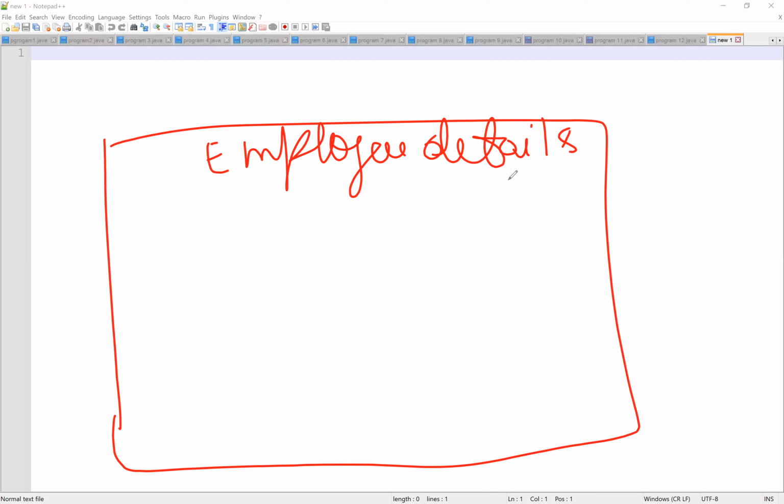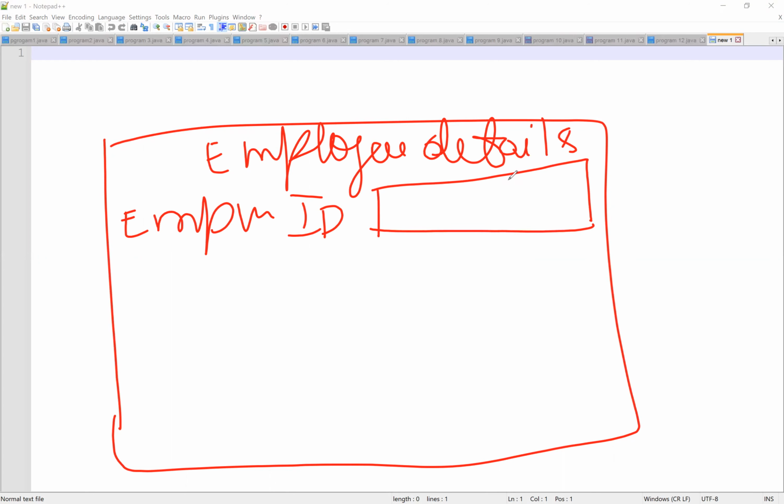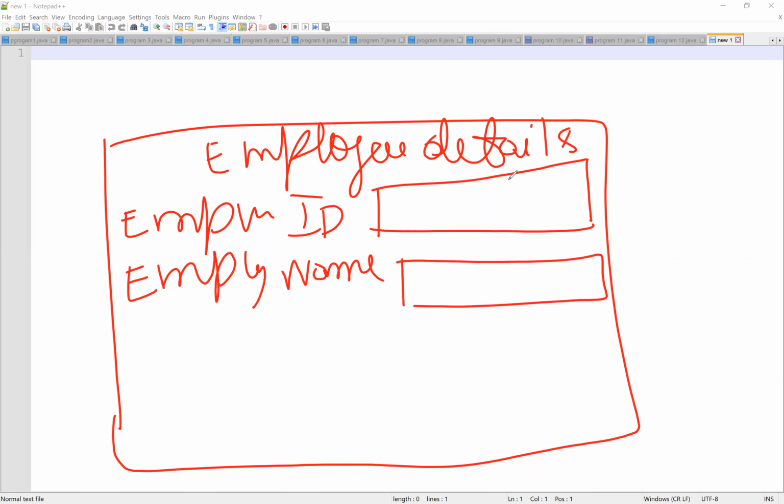After that we need to have employee ID, and after that a text field. Then you need to have employee name, and another text field.